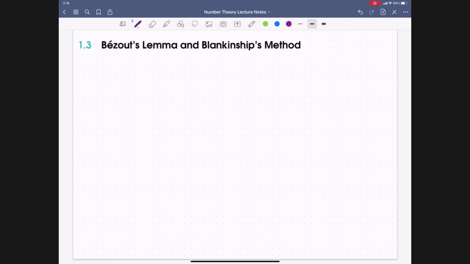And the other one is the linear combination lemma, which, while simple to state and also easy to prove, is one that will be a recurring argument in our proofs as we go throughout the term, as well as in future works in number theory. And so that's going to be the main plan for today, talking about those, and then Blankinship's method, which is an algorithm that allows us to compute GCDs efficiently by using matrices